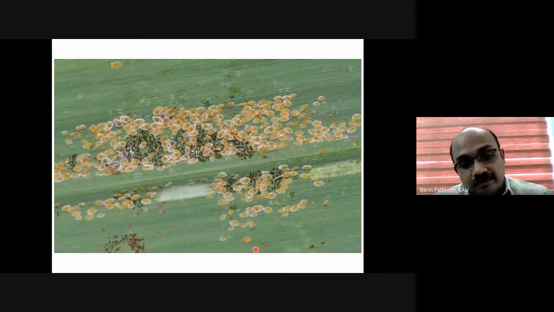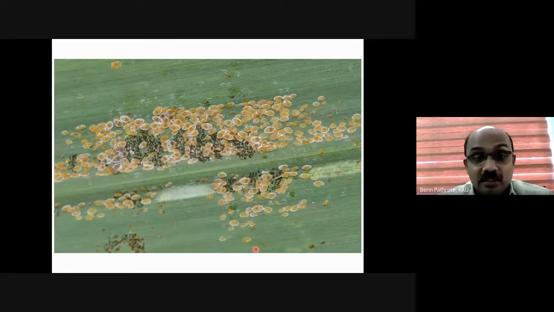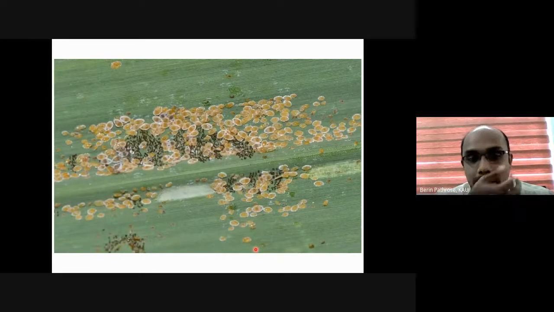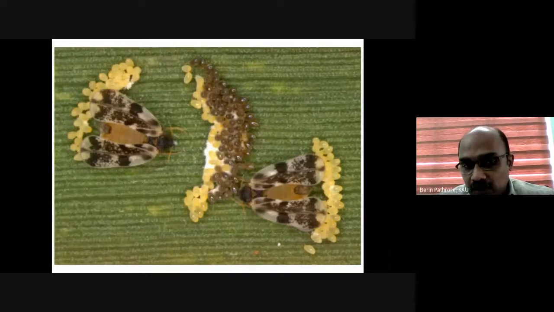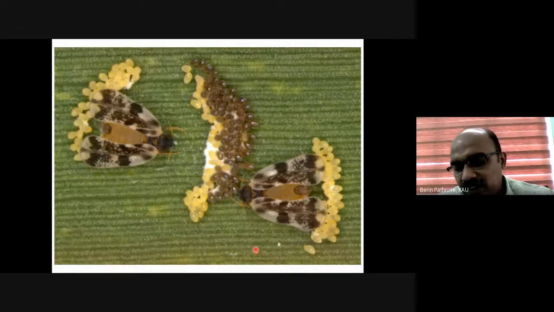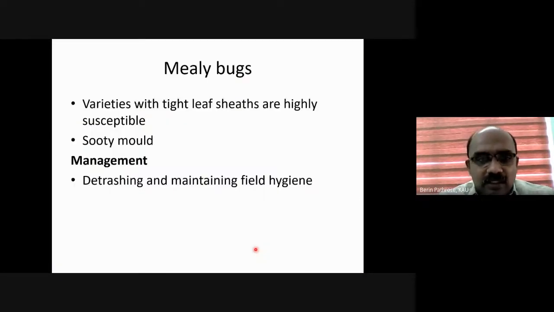This is whitefly. This is an early stage nymph. Sometimes you may be wondering, this doesn't look like whitefly. You might have seen whiteflies in chili, tomato, etc. That is mostly the adult. These are the nymphs. The whitefly in the case of sugarcane is Neomaskellia bergii. The other whiteflies which you normally see in vegetables is Bemisia tabaci. So that's why it is slightly different. These are the nymphs.